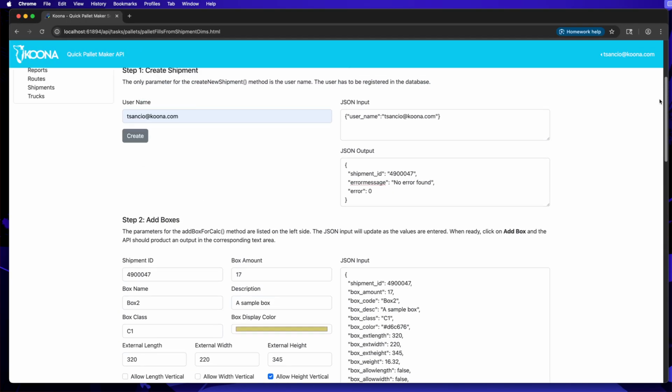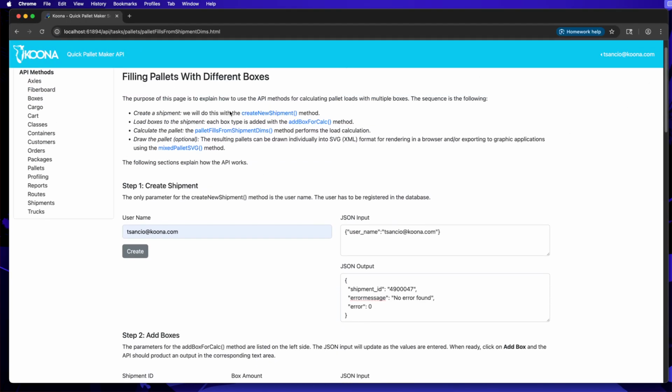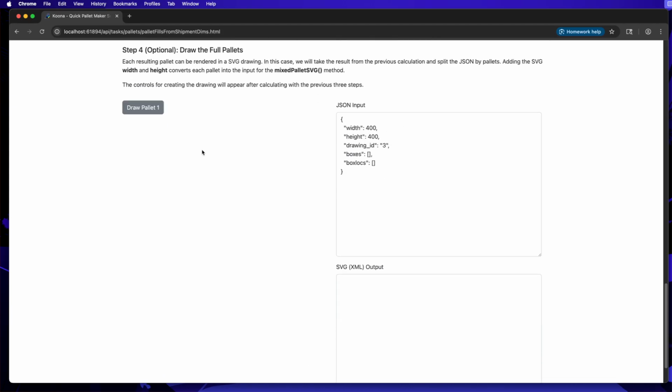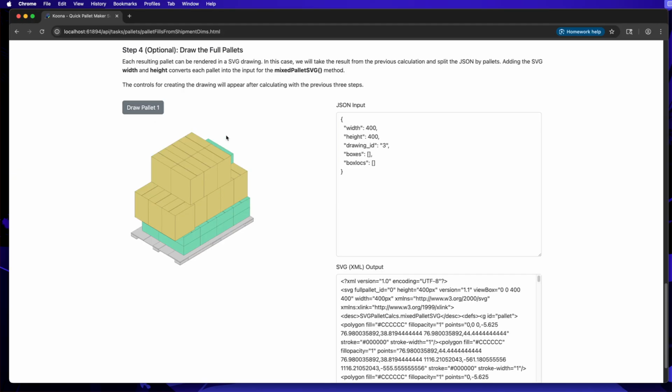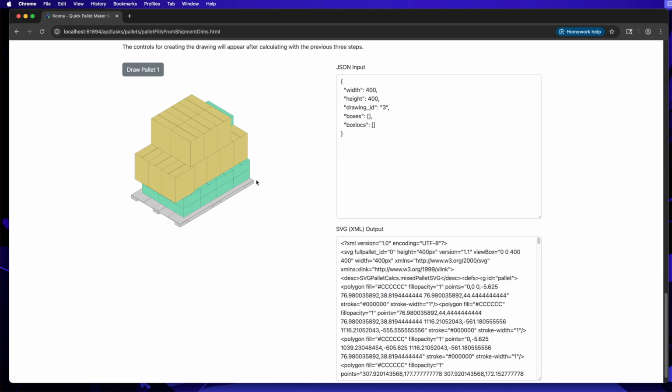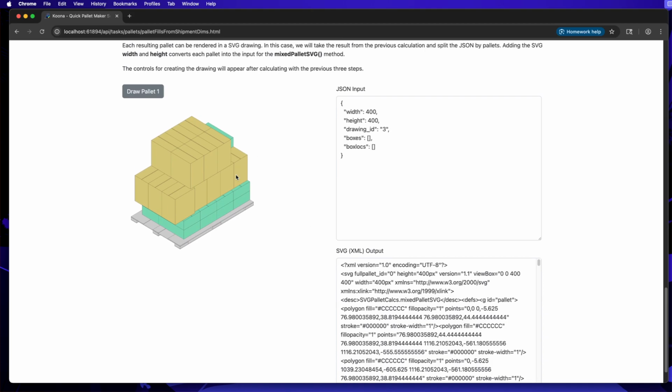If we check back up, we're doing 4 different methods. One generated the shipment, the other one added the boxes, the other one added the pallet dimensions and calculated it, and the 4th optional one is to draw the pallet itself. So with this information and a drawing ID that has been saved, we draw the pallet. We click on here, and we see this pallet drawing. Okay, it's SVG information,